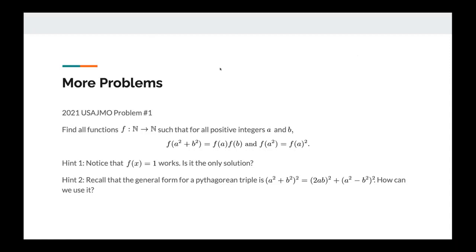Okay, I guess if there are no ideas, again, I'll just go over the solution again. So, the Pythagorean triple generating function is going to be very, very useful in this problem. And the way you think of using something like this is that you realize that the problem deals with a lot of squares, a lot of squares. And especially the term a squared plus b squared should definitely remind you of Pythagorean triples. So if we have a Pythagorean triple with a squared plus b squared or something like that, we could potentially be able to find